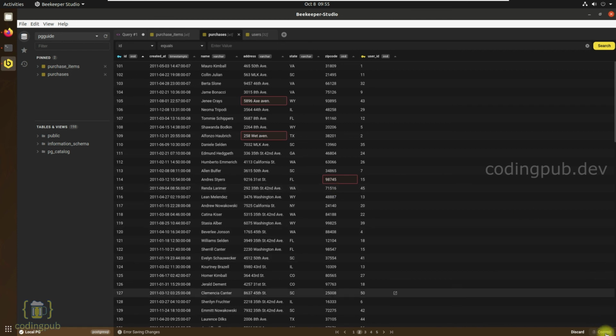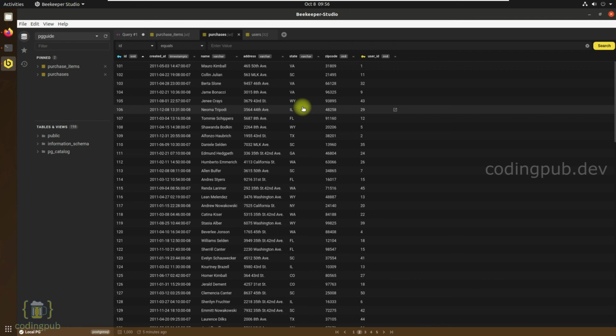So I'm now discarding the modifications we have made. So let's modify one of the zip code fields and enter a numerical value there, because this is an integer field, so it will accept only integers. So I have now entered the integer value and committed it. As you can see, the changes we made have been saved to the database now. This way you will be able to view the data and modify them right here in the application itself.